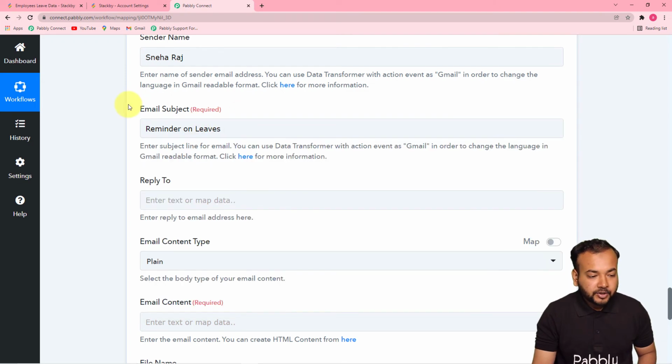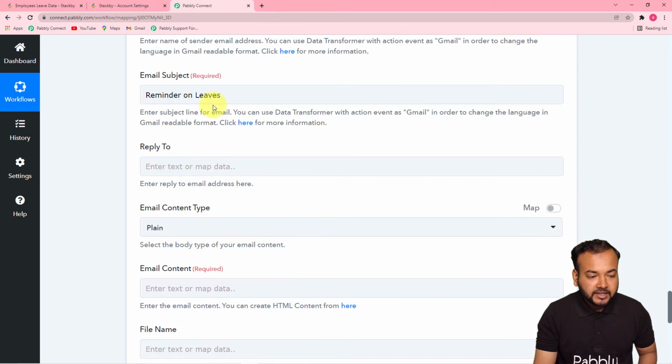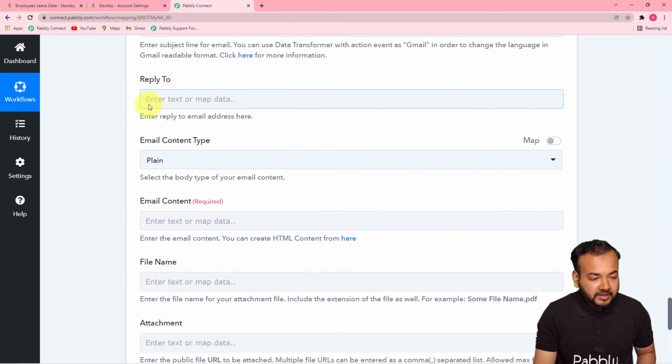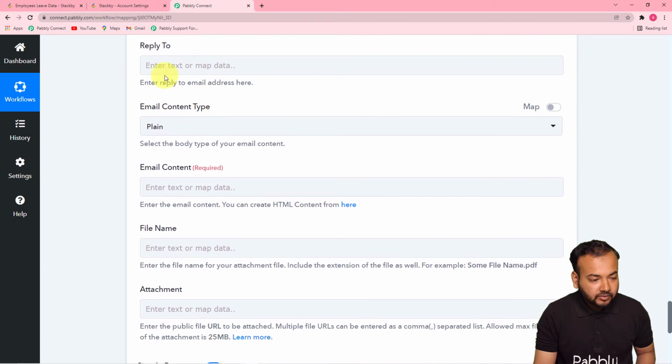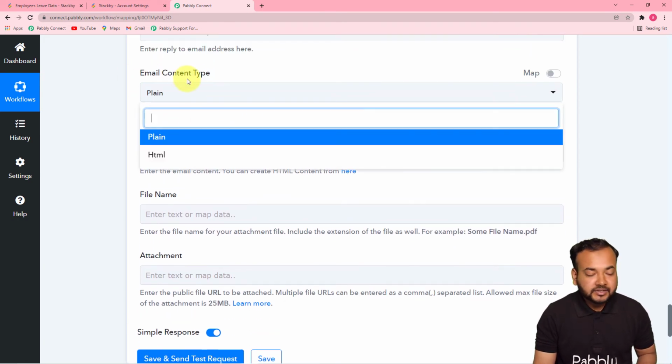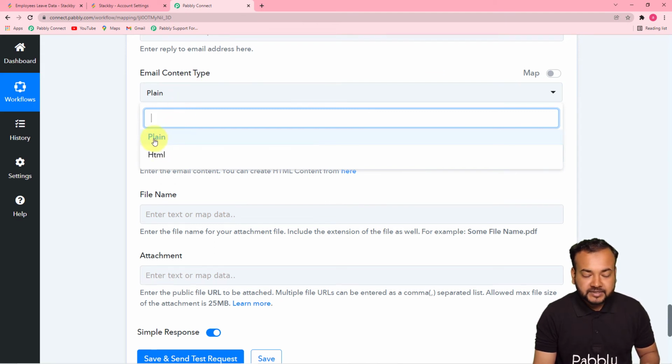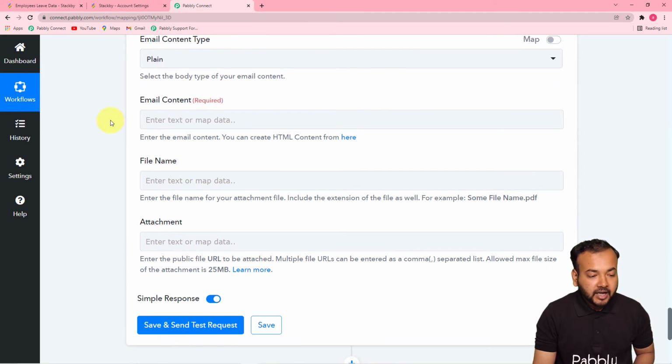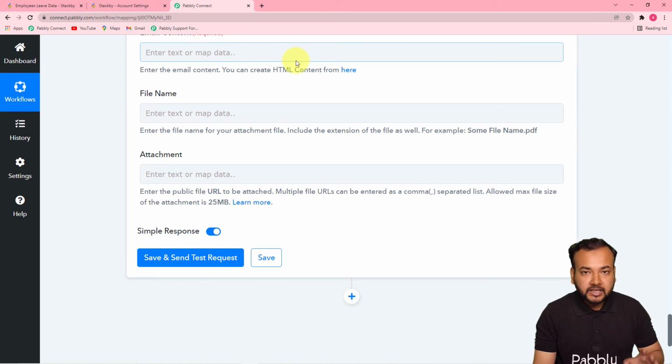Okay, so here I'm putting the subject like this only, reminder on leaves. And here I'm leaving the email reply to field blank. This is not a compulsory thing. And here you can select the email content type as plain or HTML. I am selecting plain, and here I'm going to put the actual content of the email that I'm going to